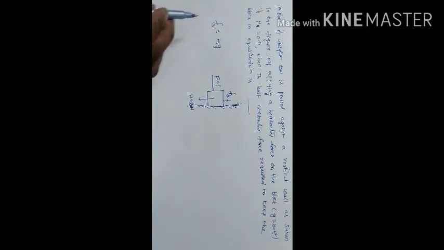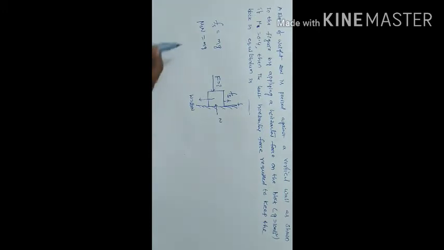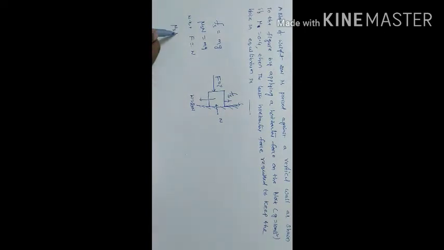What do we have to write in place of frictional force? This is nothing but mu s N, that is equal to mg. Observe here, this is the force F, and there is a contact force N. So in this diagram, we know that F is equal to N. In this condition, in place of N I am going to write F. So mu s F is equal to mg.